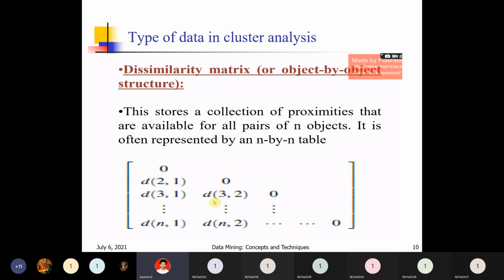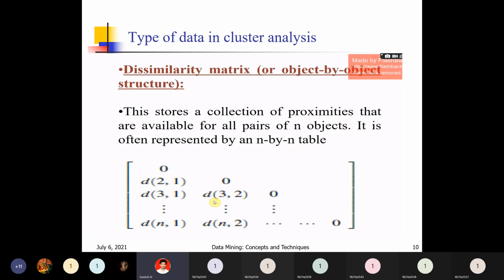In the matrix, we will represent one object along the x-axis and one object along the y-axis. So the common values, x and y values: first x comma y, first row first column value, first row second column value, next second row first column value, second row second column value. That is the matrix representation. In that way we will represent and find out the dissimilarity values between different variables, different attributes.